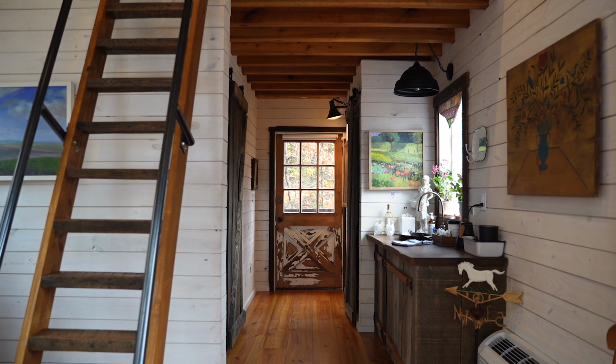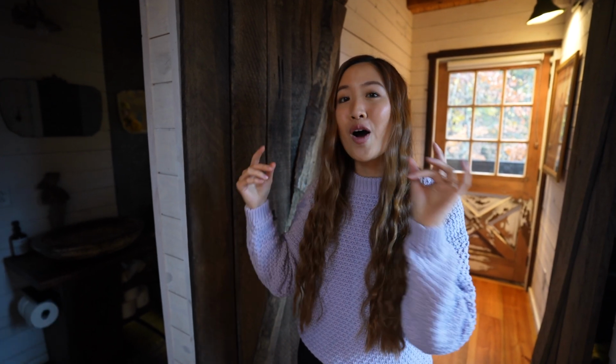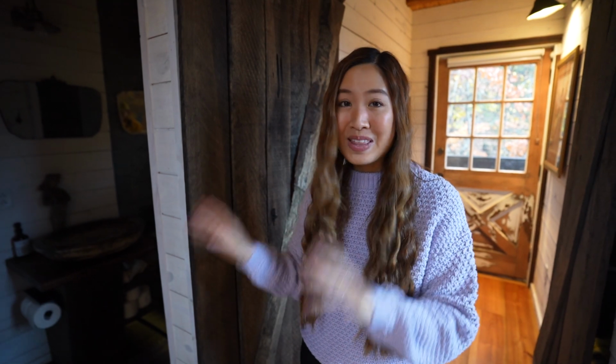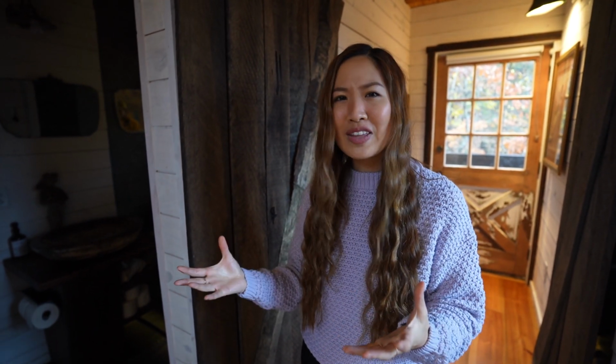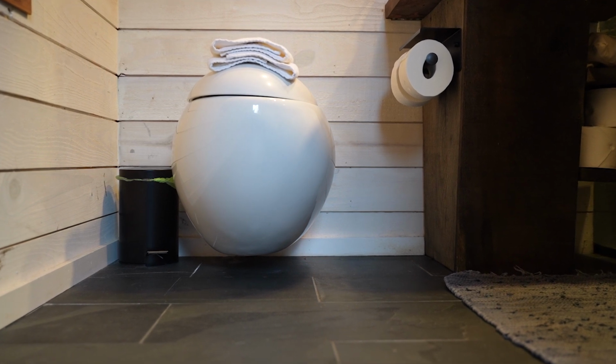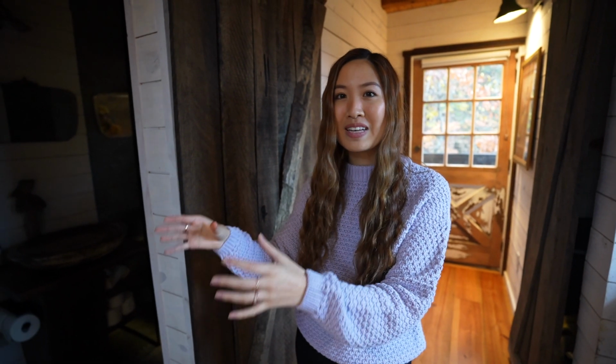Behind this sliding barn door is the bathroom, and I actually won't turn on the light because it also turns on the bathroom fan, and it's just a little bit too loud for the audio. But in the bathroom, there's this toilet that they call an egg toilet. It's really interesting because it's floating up off the ground, but my favorite part of the bathroom is the bird